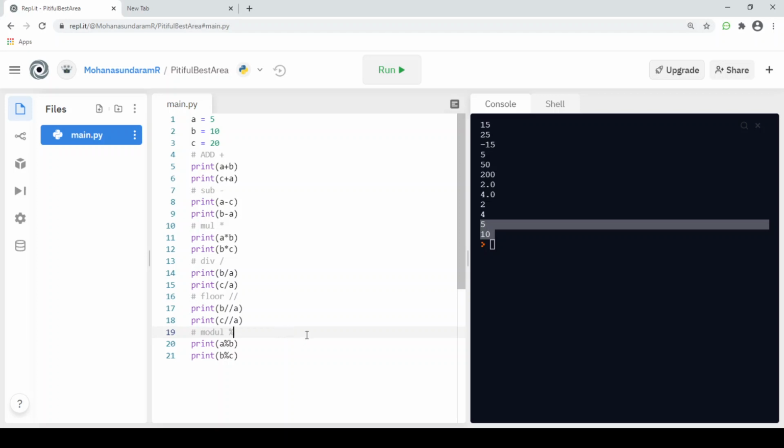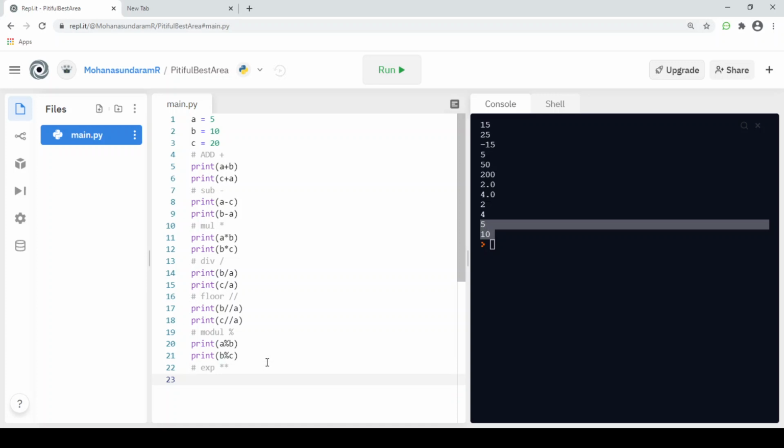The next and final subset of arithmetic operator is exponentiation. Exponentiation is denoted using a double star. Anything with a double star is considered an exponentiation.